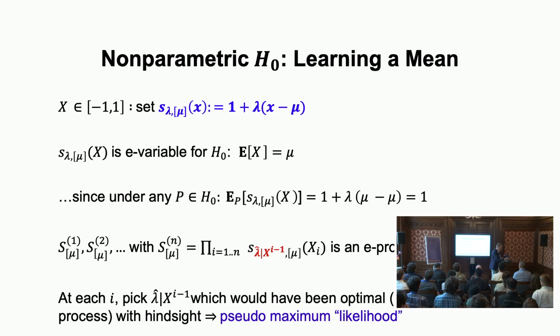So at every point in time, you look at what lambda would have been the best. You plug in that lambda. It's a plug-in estimate. And then you start multiplying these things over time. And this is a bit like maximum likelihood. But now we don't have a likelihood, but an e-process. The e-process, again, doesn't look like a likelihood anymore. It's a product of 1 plus lambda things. Very different from a likelihood. But we use it in the same way. We think about it the same way.